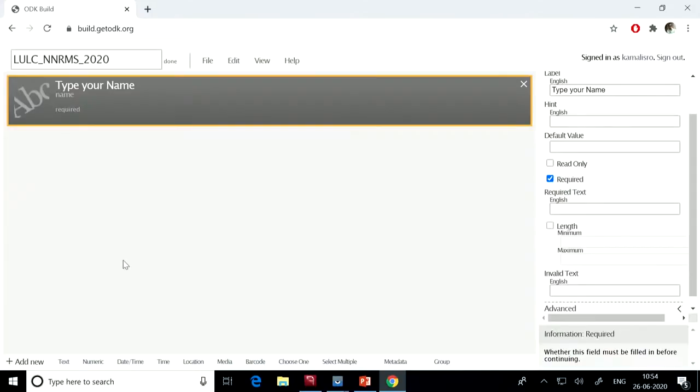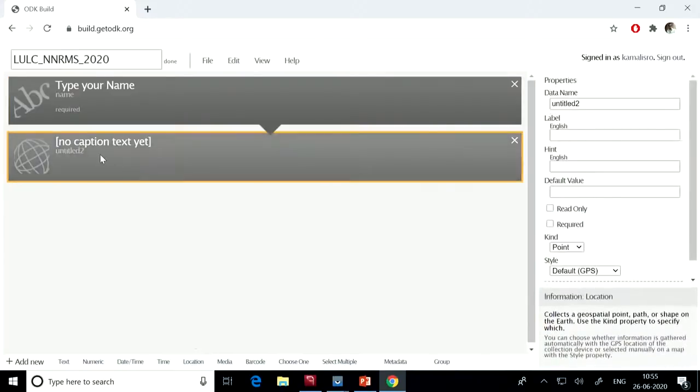Second, I was saying I want the location of that information. So now there is another tab here at the center of it. First, second, third, fourth, fifth tab. This is the location. Now this location tab, this field, what will it do? It will communicate with the GPS chip of your mobile phone, and it will fetch the information which is collected by the GPS receiver into the form. This is a very important task for this particular field.